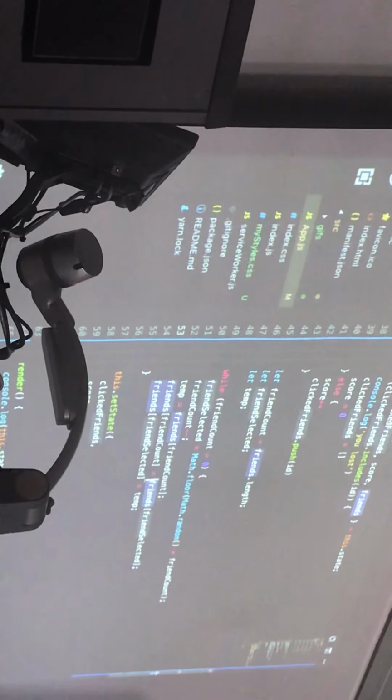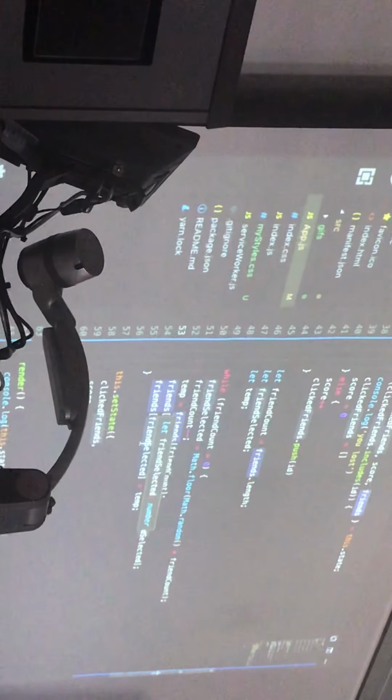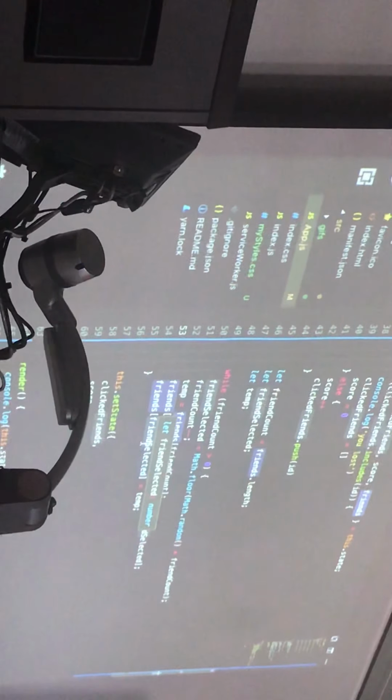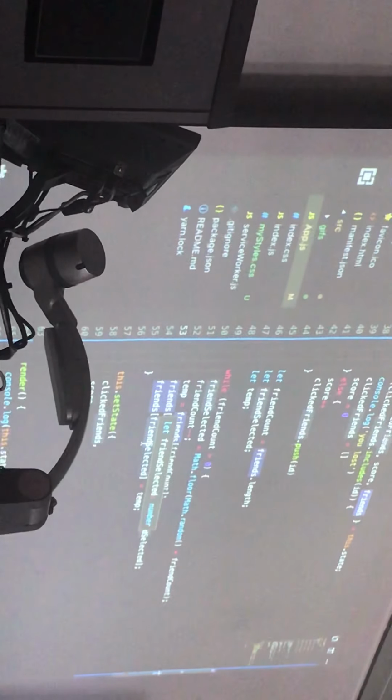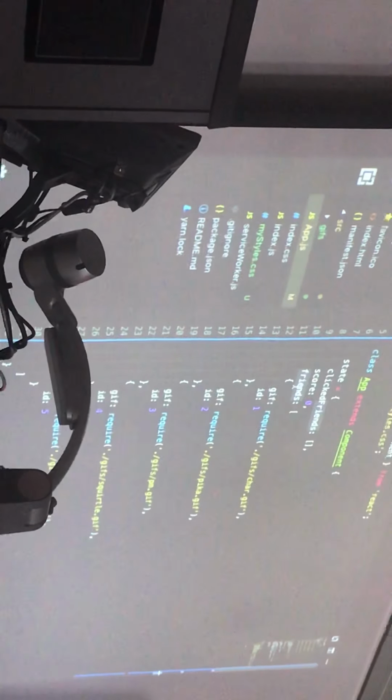What do you mean what we're changing? What array are we working with? Friends. We're working with the friends array, which we got directly from state